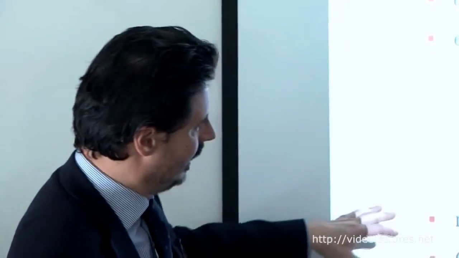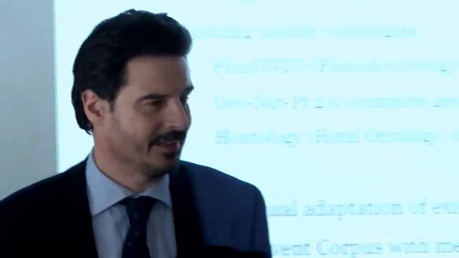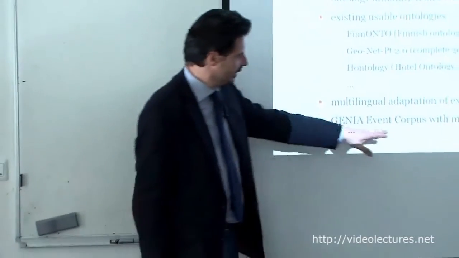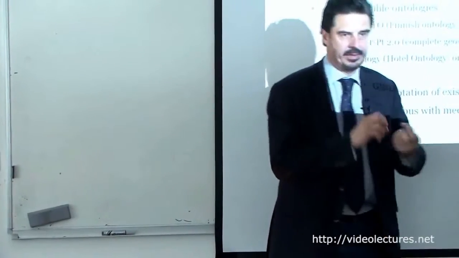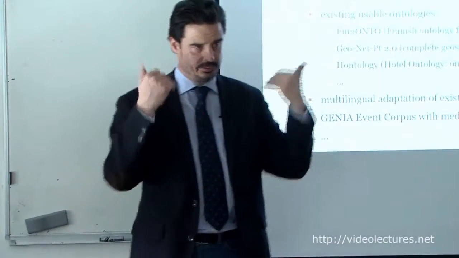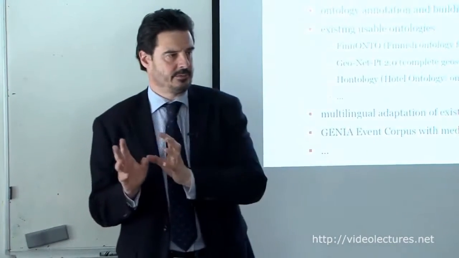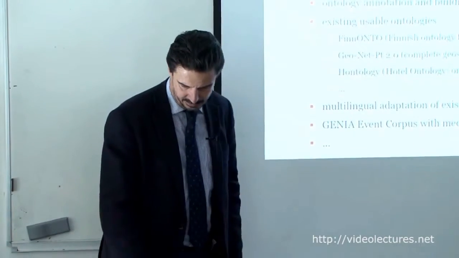So an ontology about accommodation: if you go to a hotel, what kind of concepts do you have there? For those dealing with scenes and scenarios, these things could be extremely useful, I would say. And for instance, you have multilingual adaptation of existing ontologies, like the Polish lexicon for OpenPsych. You didn't know that. Yes, for instance. Or you have the whole GENIA event corpus with medical events described and annotated in text, so that you can see which are the lexical groundings for some events in the medical area.